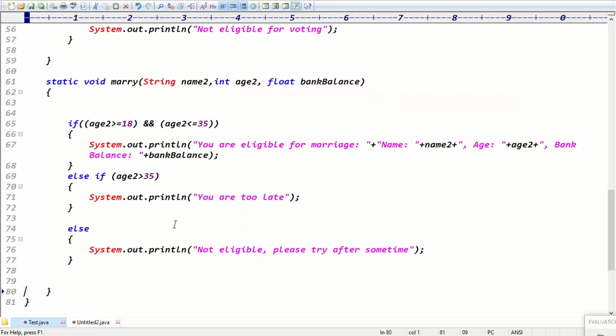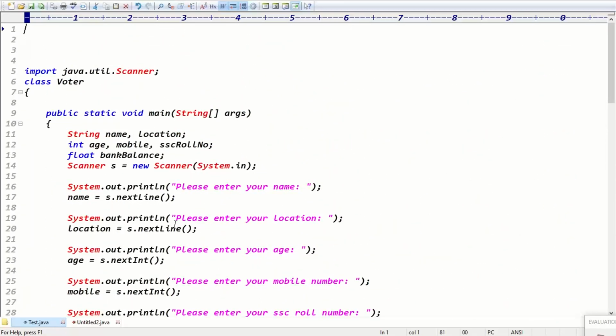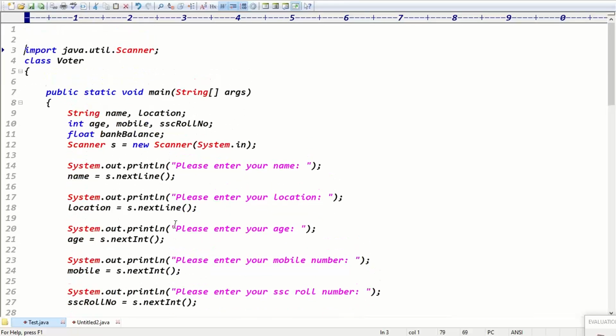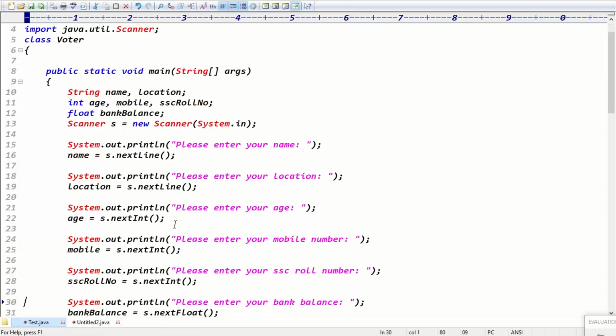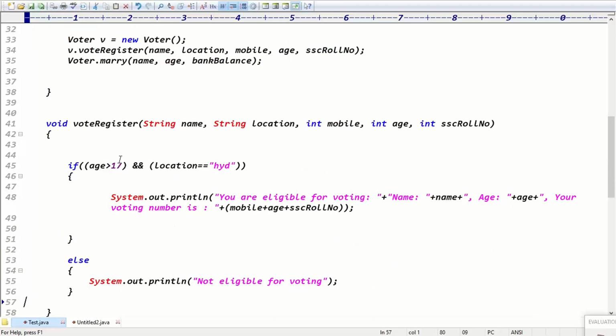Okay, fine. Where is the issue? Sir, my first condition is not getting executed in the voter method. Every time I get not eligible. In the vote register method, age should be greater than 18 and location equals Hyderabad, then you are eligible.